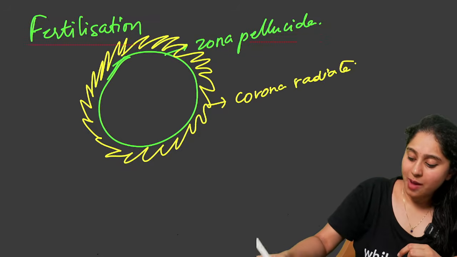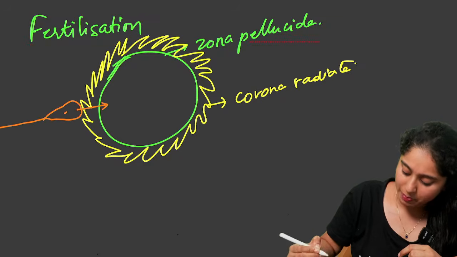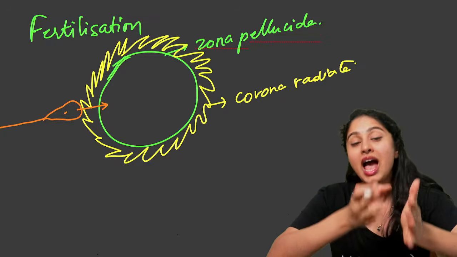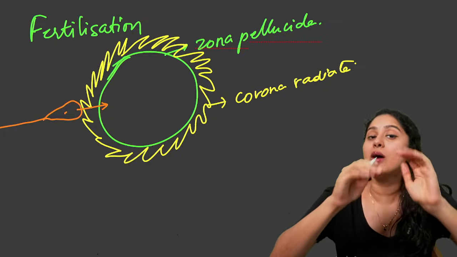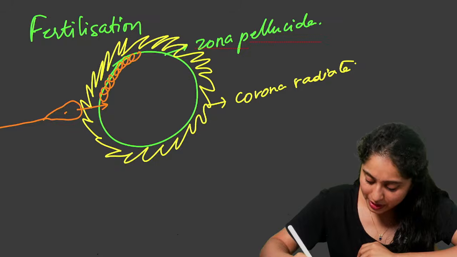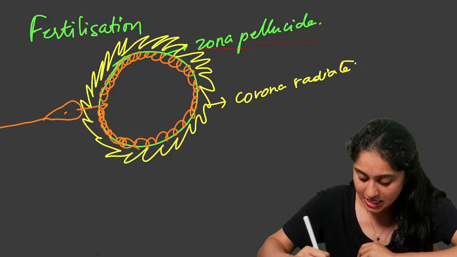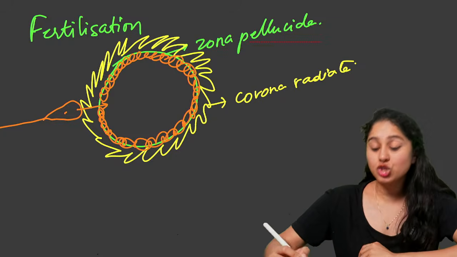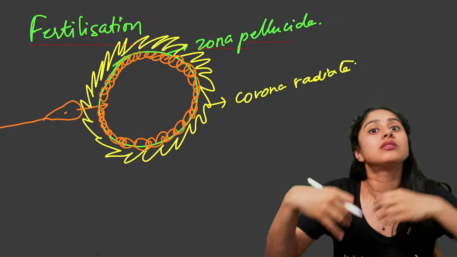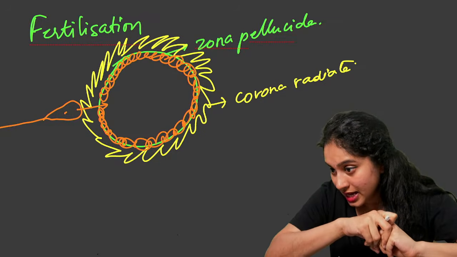Now when the sperm is coming, it will penetrate through the corona radiata and reach the zona pellucida. As soon as one sperm enters the zona pellucida, the entire zona pellucida will begin to thicken, and its walls will change polarization so as to prevent any further sperms from entering the egg. Is that clear, everybody?